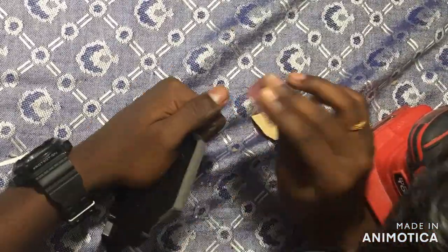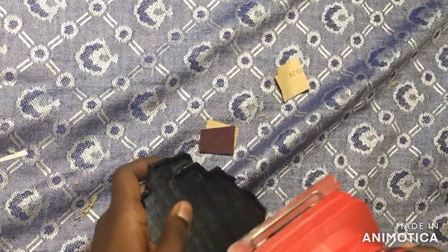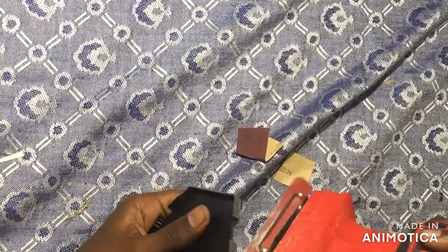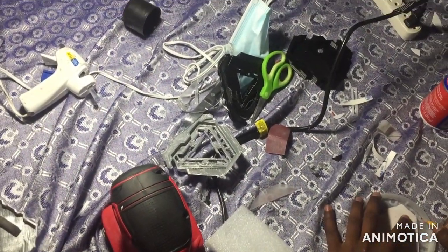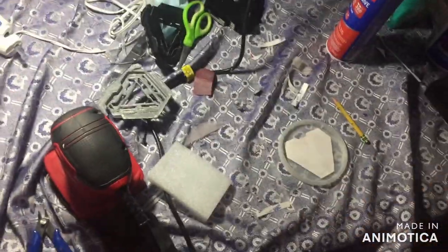And then I'm using a piece of 80 grit sandpaper to go over it again, and then finishing it off with a 220 grit to give it that really smooth finish. And so I'm going around all the places in the crevices to make sure the sanding is good. And so this is how I made the